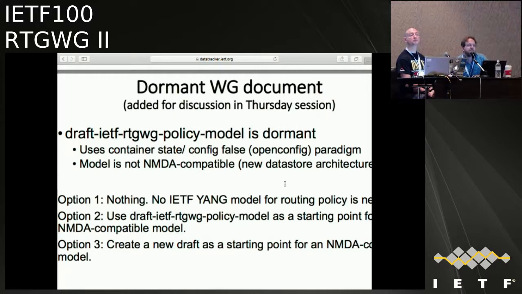I rise to speak against option one. IDR has to have this model, so if it doesn't turn into an NMDA model, the IDR group will have to do something for policy instead of sharing it. So I speak for option one or two. That was Acee Lindem of Cisco Systems.